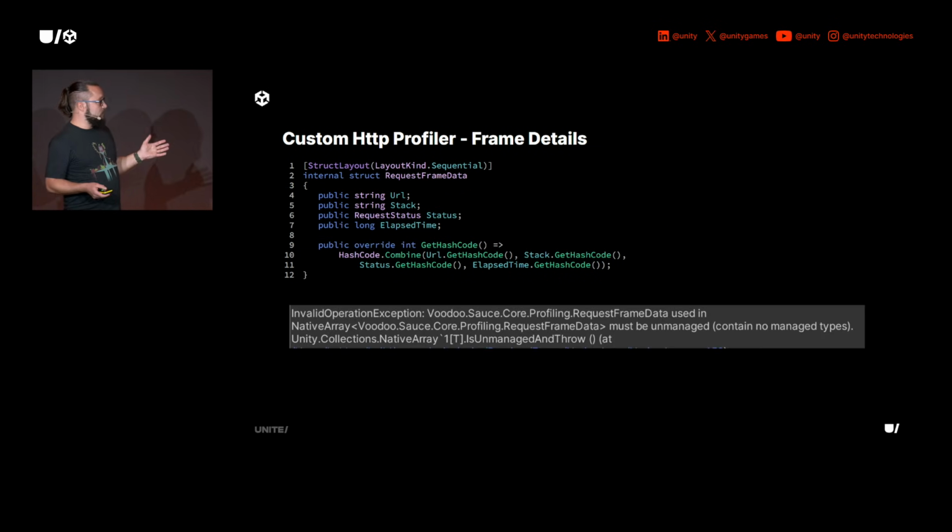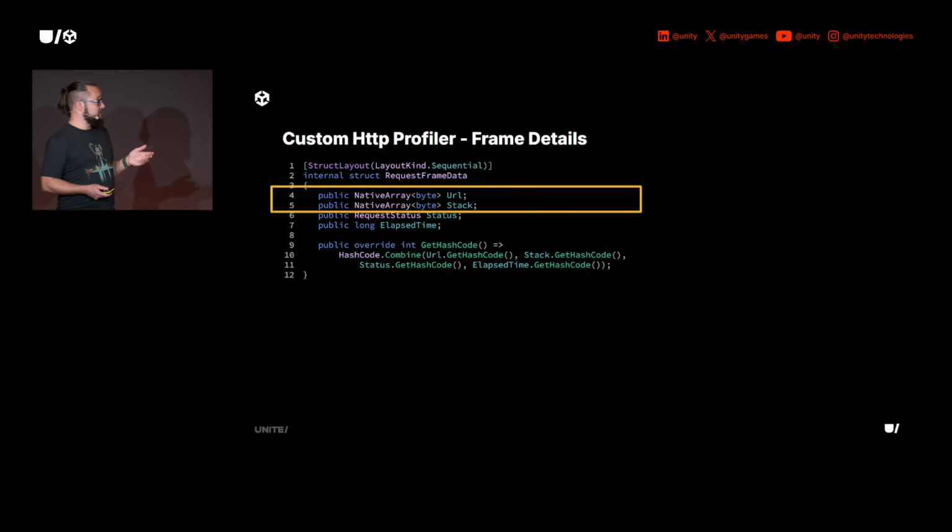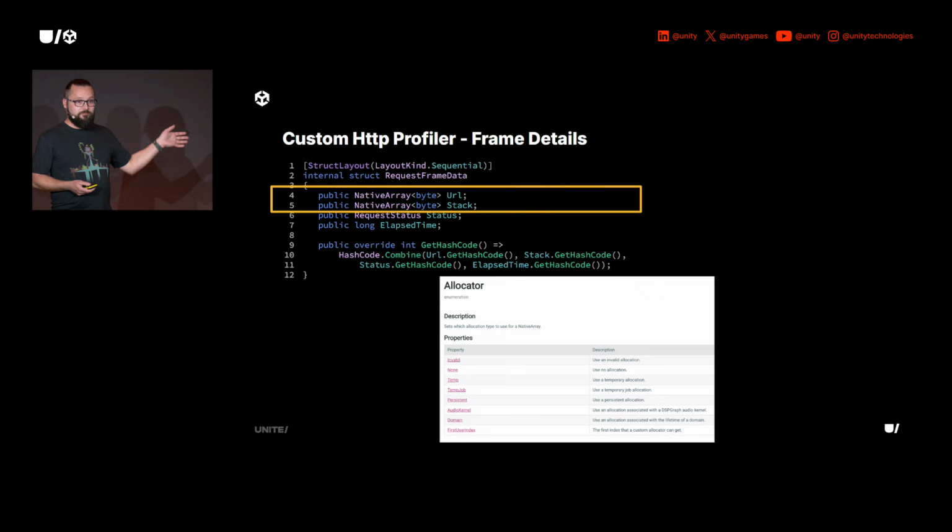So that's not working. Why? Basically, the profiler set is a native land, so you have to use unmanaged types. String, unfortunately, is managed. So it tells us that we could use native arrays, which you actually can. But then with native arrays, you have to choose an allocator. There are only 2 valid allocators that we could use in this use case, which is the temporal one and